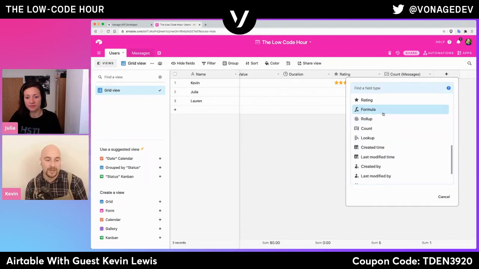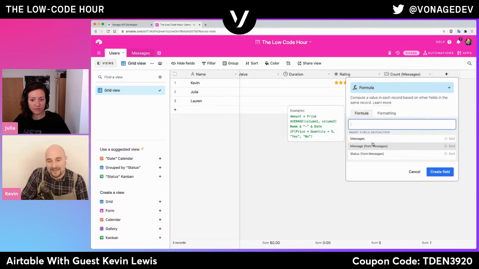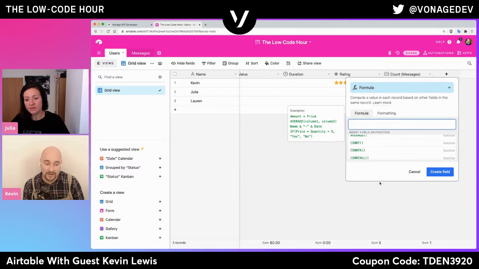So formulas, again, very similar to Google Sheets, and in fact use quite a lot of the same formulas, allow you, at their most basic, to add strings together. You collect a first name, you collect a last name, and you can have a computed field that will do first name, space in the middle, last name. It can do things like adding times together, so you could add a time and a duration to find the end time for a particular item. We can do if statements in here. So you can conditionally show one thing if a certain criteria is met,